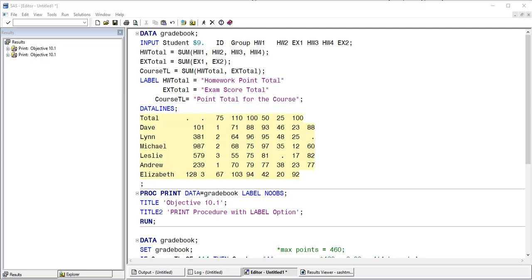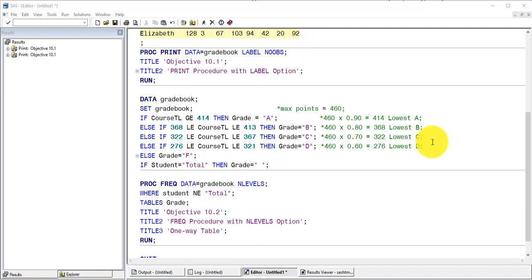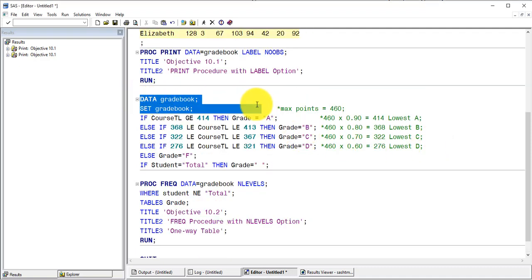And we want to count the frequency of each letter grade and include the number of grade levels observed. So we don't want to include total as a student entry, but we do want to maintain it in the data set. So first off, here, these first two lines, I get the data set gradebook, and I want to modify it, and I kept the same name, so it has things looked up above, but now I'm adding to it the grade,